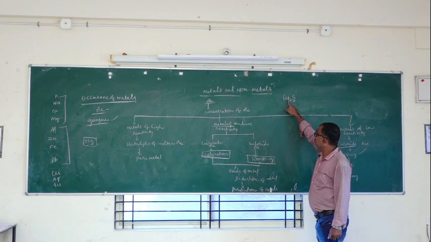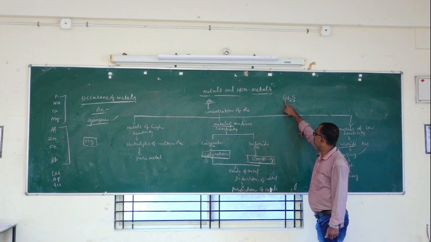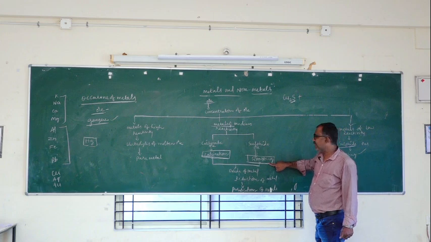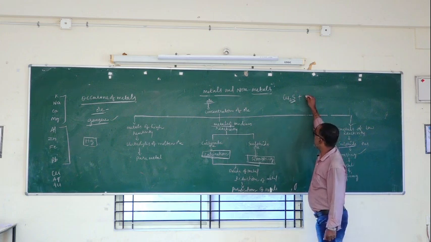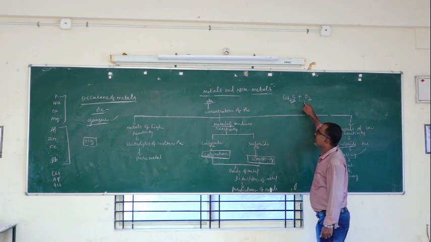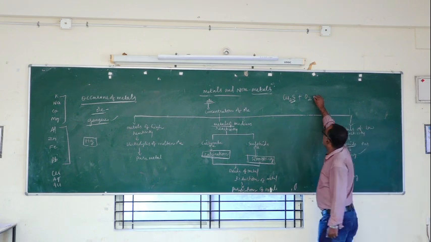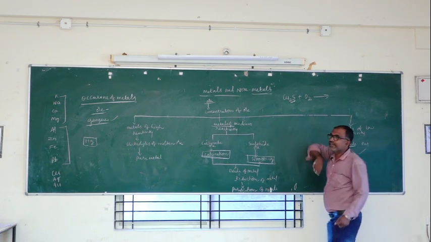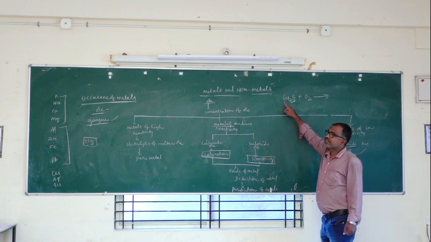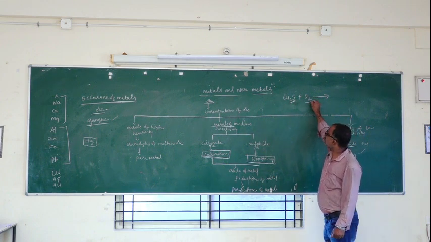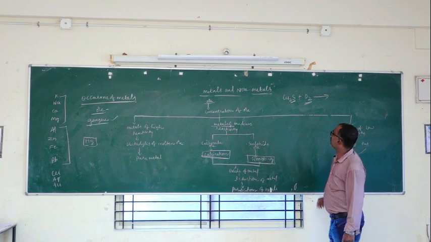Here, Cu2S is going to use the method roasting. Roasting means, I told you, in the presence of oxygen. So here we are going to heat the Cu2S, chalcocite, in the presence of oxygen. We are going to get